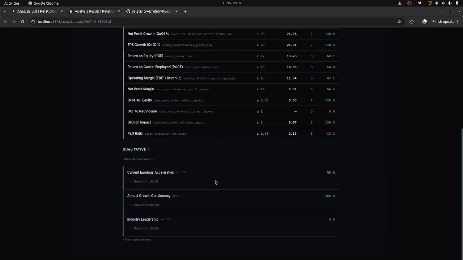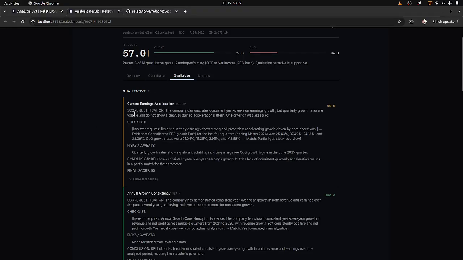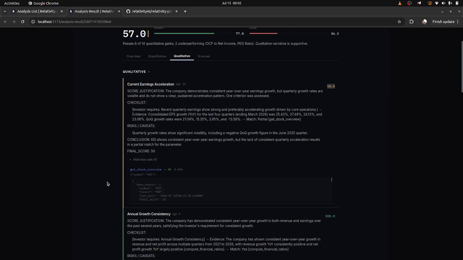Second is the qualitative scoring. This is done entirely by the language model, the agent, right? We can view it in detail here. You can see the exact justification by the model for the score it gave. We can also see the tool calls it made, which means what exactly is the data the model is basing